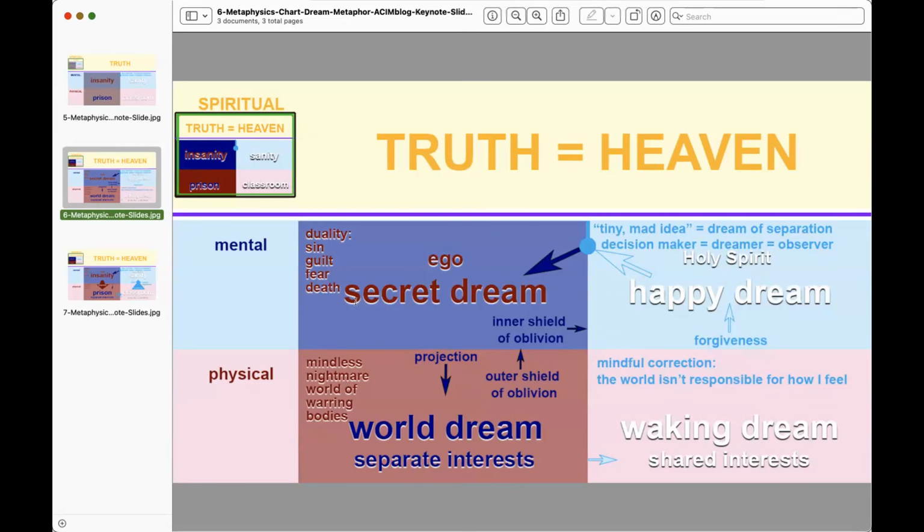The dynamics of the ego will be our lesson for a while, for we must look first at this to see beyond it, since you have made it real. Well, that's how we go beyond those outer and inner shield of oblivion with lesson 5 and 34. We see that the guilt wasn't in the world, and the whole thought system of sin, guilt, and fear isn't in the world, and neither was it in my mind either, because it's all below that purple line. It's all made up.